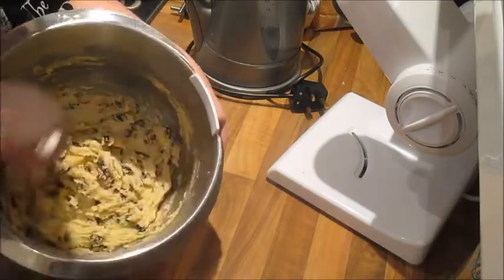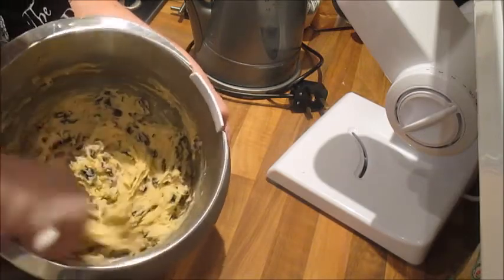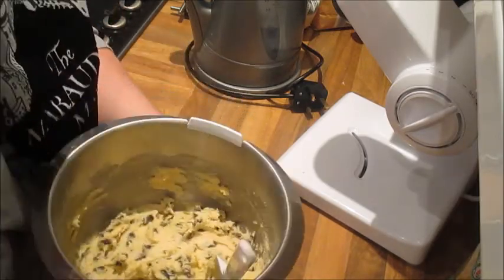There we go. Now we've got your baking tray ready. So you just want to drop spoonfuls of mixture spaced well apart, because these are going to spread onto your baking tray. If your baking tray is not big enough, I'm not sure whether mine's going to be,